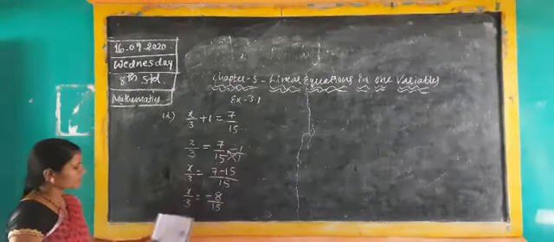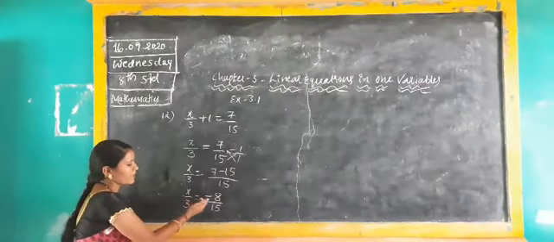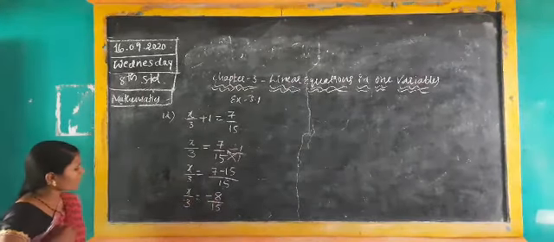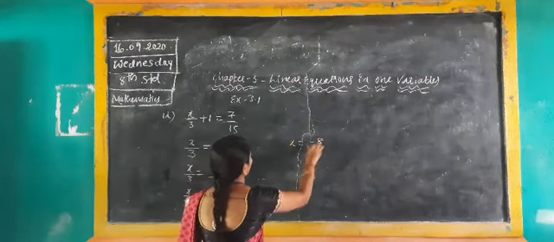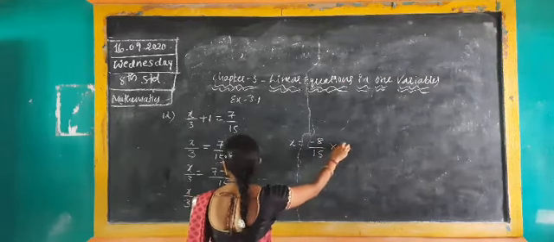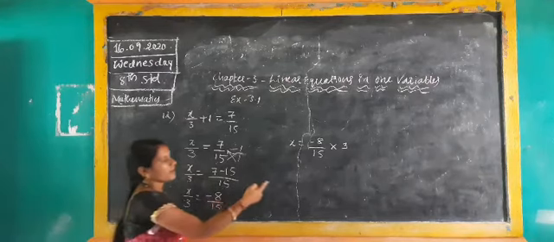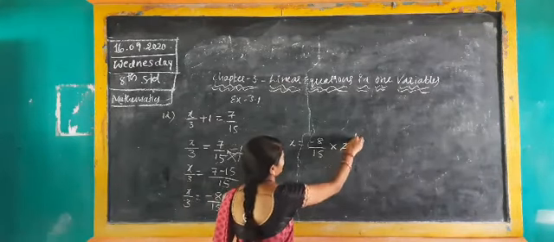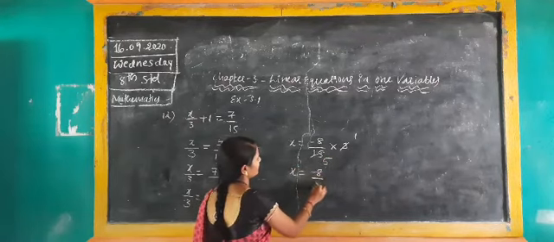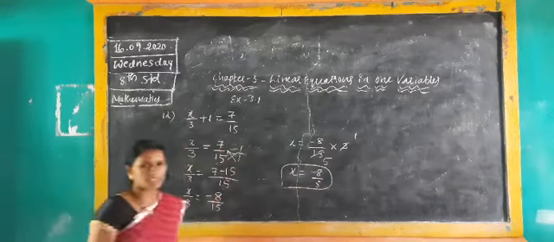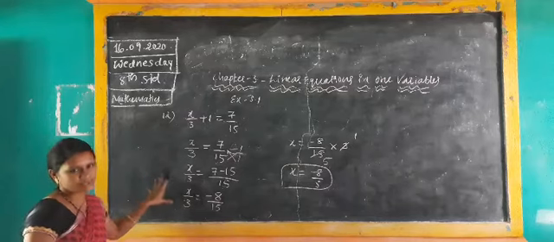Up to this I gave last class, but here x by 3 is there. The value of x by 3 is minus 8 by 15. I need the x value, so you should write x is equal to minus 8 by 15 into 3. Here x by 3 means 1 by 3, which is above, so you have to cancel here. 3 ones are 3, 5 threes are 15. What is the value of x? Minus 8 by 5. Understood? Now the x value is minus 8 by 5.